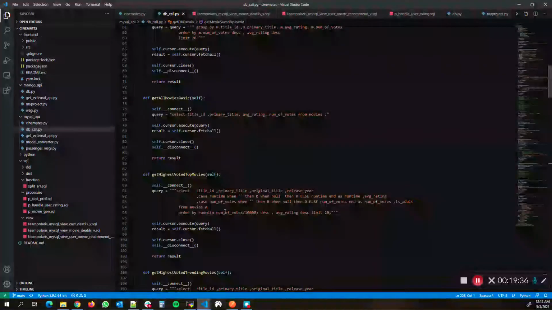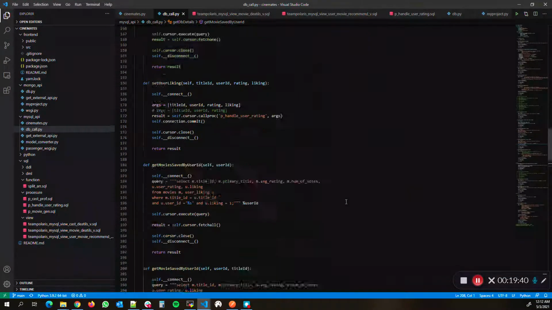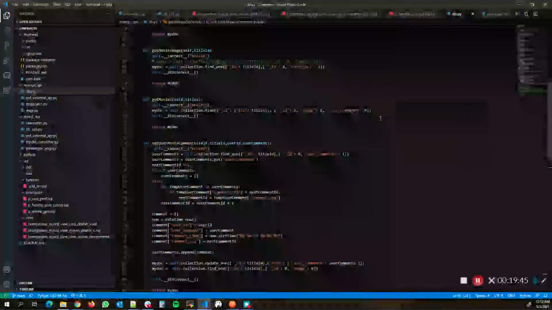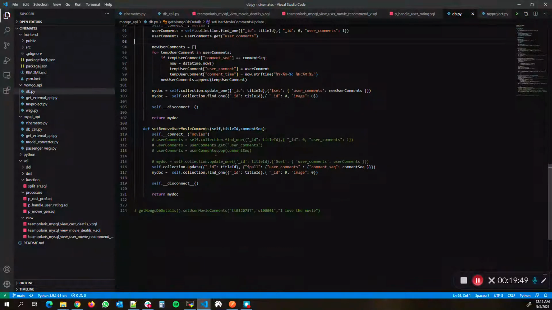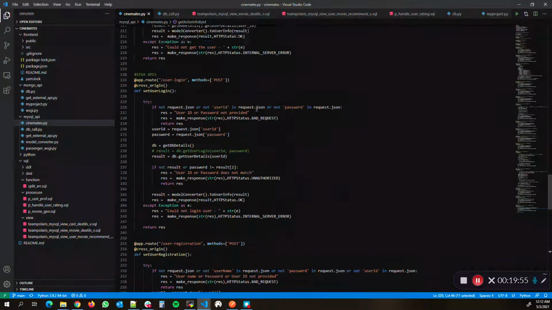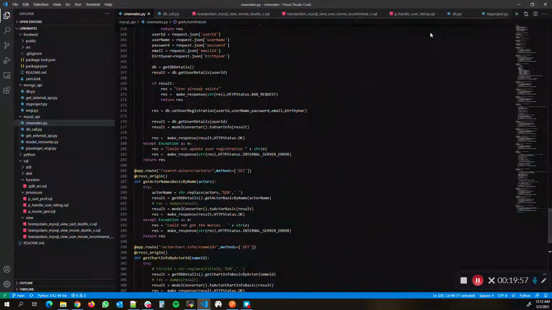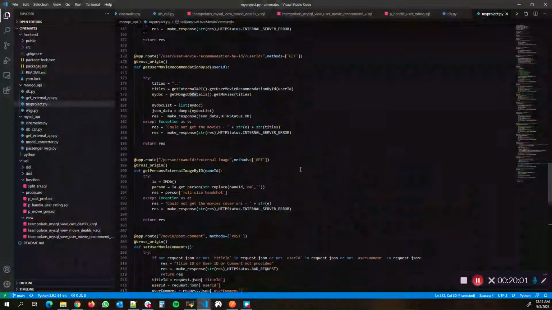These are the DB call processes which connect to MySQL, and over here also we have fairly complex queries which hit the database. This is a MySQL database connection process, and then it uses complex queries and processes. These are the APIs that we have exposed on MySQL, and this is the API that we have on MongoDB.